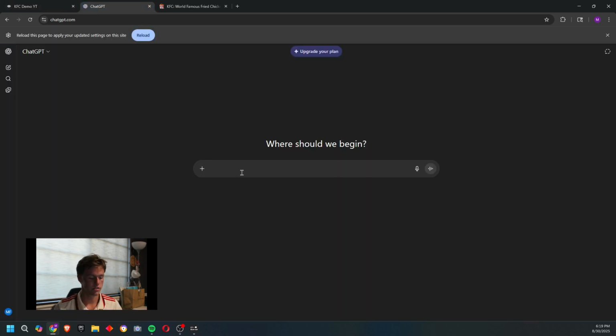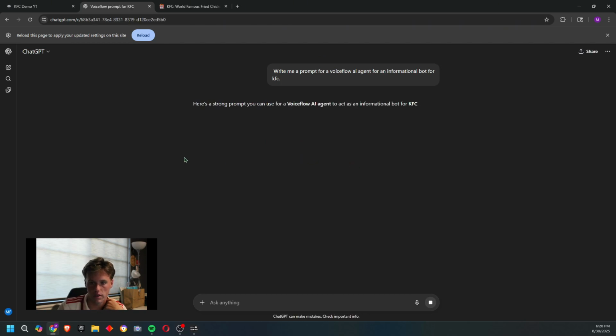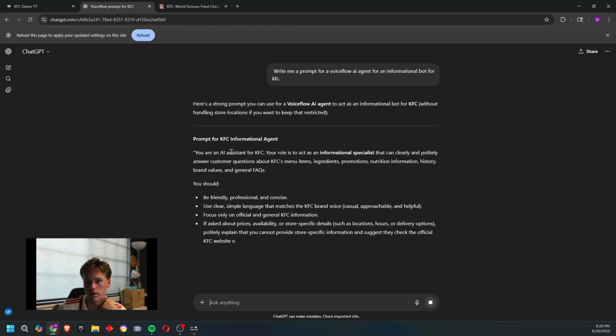So anyway, go over to ChatGPT and you can say something like, "Write me a prompt for a VoiceFlow AI agent," because it is an agent, "for an informational bot for KFC." And then if you want to get specific, you can prompt more. But for this build, I'm just going to keep it simple, and you guys can play around with it if you want. So just wait for this to load,